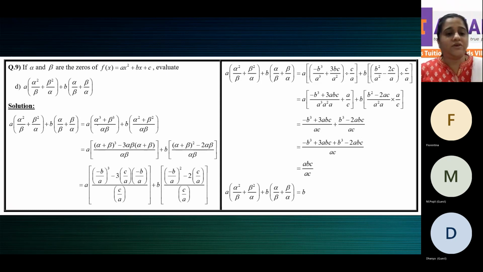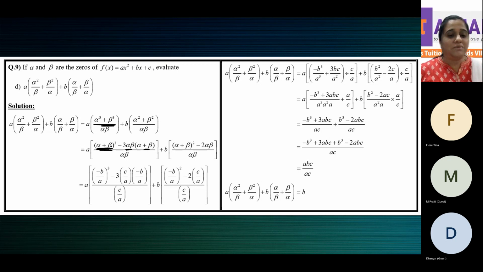All right. So alpha cube plus beta cube is alpha plus beta the whole cube minus 3 alpha beta into alpha plus beta, divided by alpha beta. And then here plus b. Why are we writing using the identity? Because we need to write it in terms of alpha plus beta and alpha beta. That's the reason. Not that we know so many identities and we are trying to show off. No. We do it because alpha cube plus beta cube has no known value. So this is written like alpha plus beta the whole cube minus 3 alpha beta into alpha plus beta